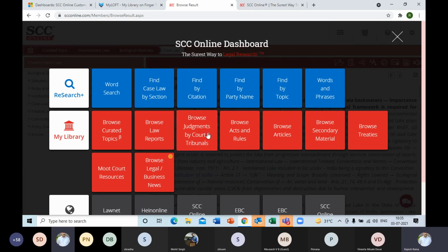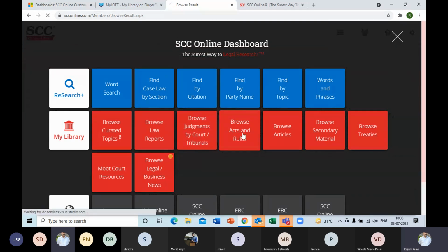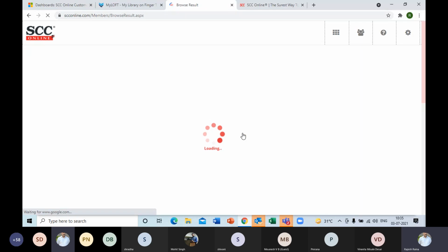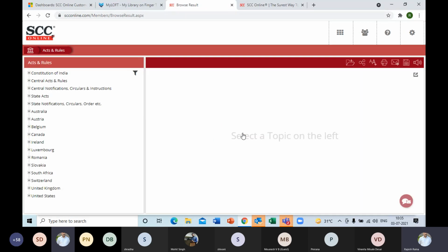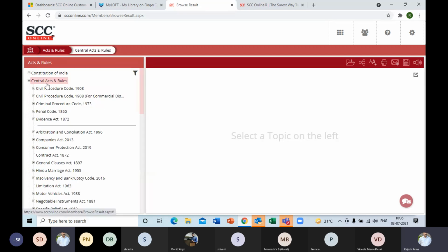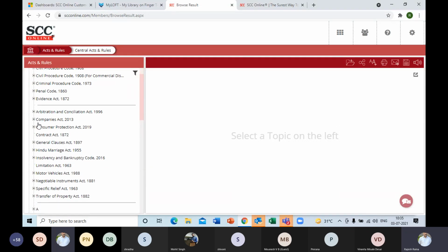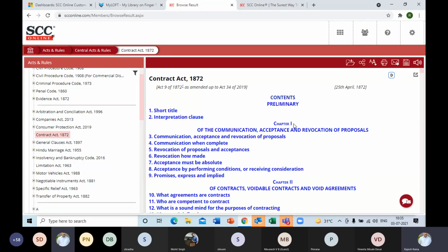So I'll just quickly move to the next option over here, which is browse acts and rules. Now in browse acts and rules, what you have is the entire Constitution of India, the central acts, the state acts, as well as the notifications. But in the central acts, our editorial has done some extra work over here. If we talk about, say, let's say Contract Act, in the Contract Act, the entire Bare Act will be now displayed on your screen. As you can see,